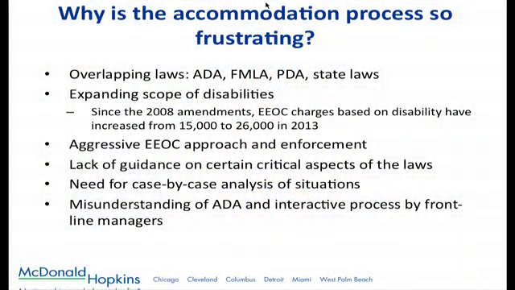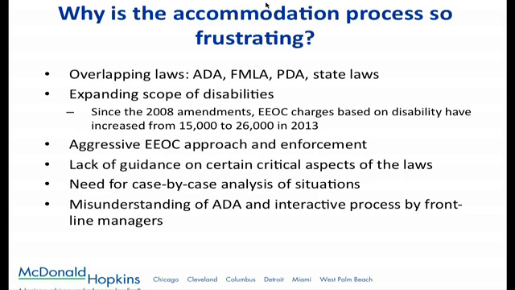So when we're looking at some of the reasons or causes for why the difficulty in administering or handling disability situations, one of the factors we have to consider is that there are a number of laws that could be in play when you're dealing with a medical condition. So you have the Americans with Disabilities Act, which we'll talk a lot about today, but then a lot of times it overlaps with the FMLA, the Family Medical Leave Act, or state laws about leave, as well as workers' compensation. In fact, we typically call that the Bermuda Triangle, when you have FMLA, ADA, and workers' comp all come together. And they have differing requirements.